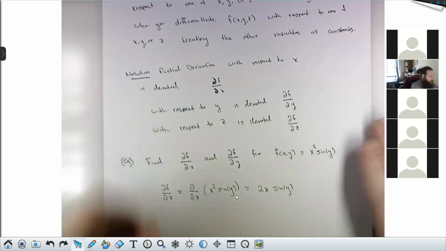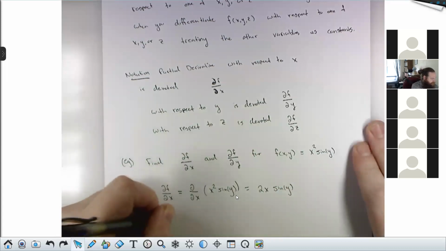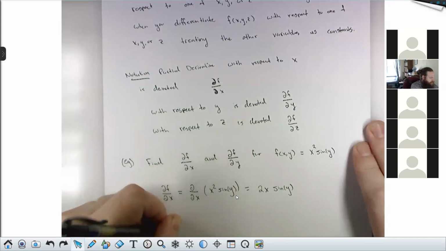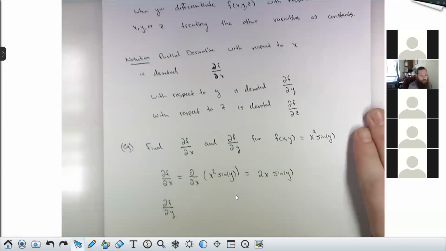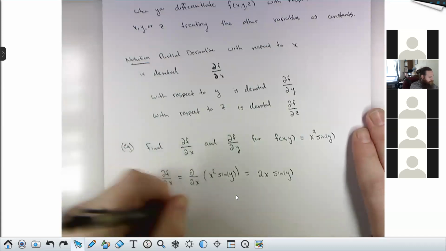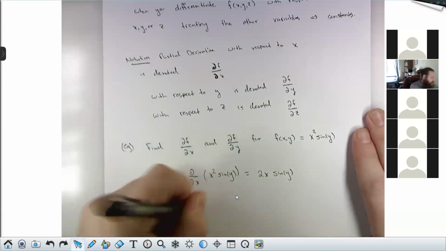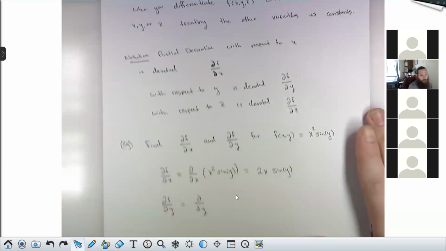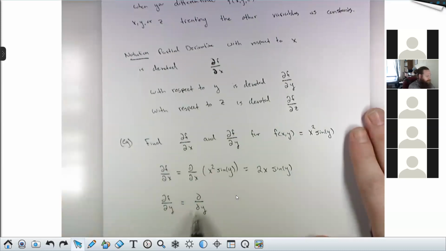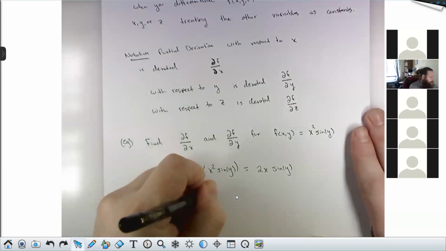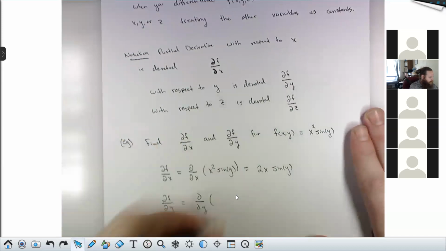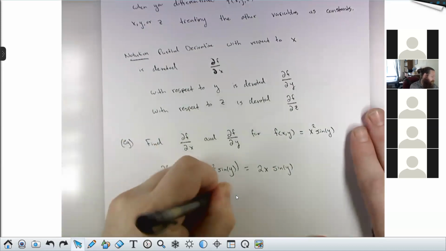On the other hand, if I wanted the partial derivative of f taken with respect to y, I get that by applying the operator d dy. You see me write these d's two different ways. I prefer to write them coming from the bottom like I did here because they look less like 2's, but either way is fine. If I apply the operator curly d over curly dy to the same function,